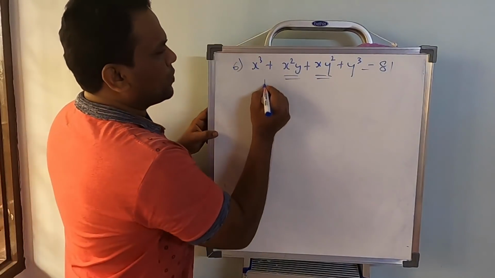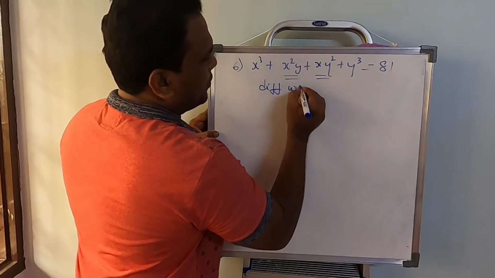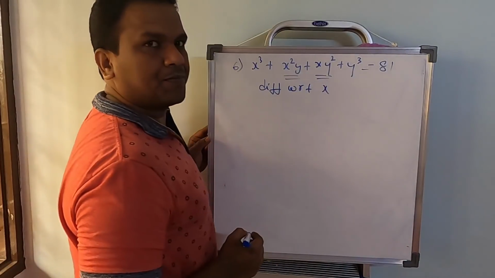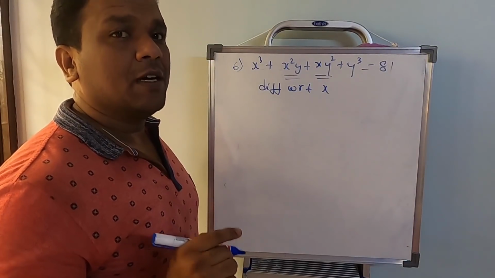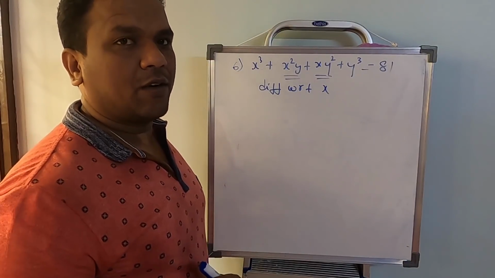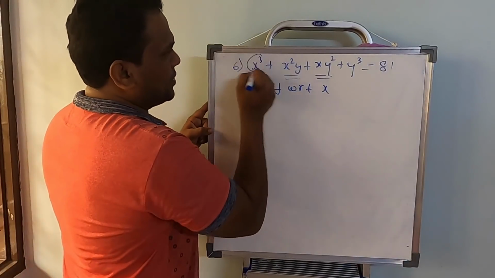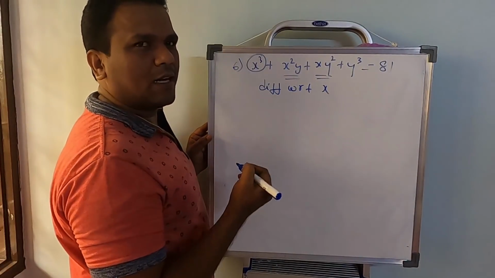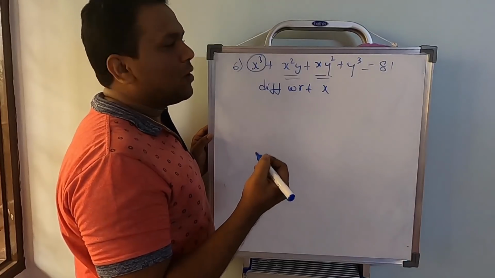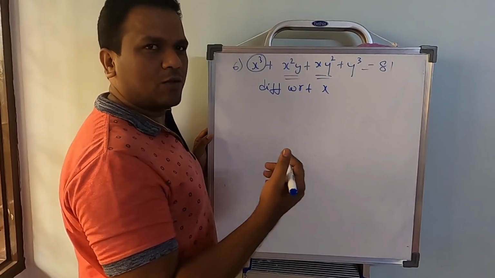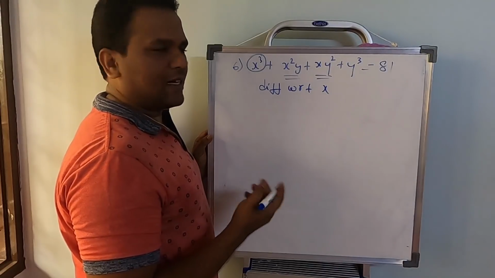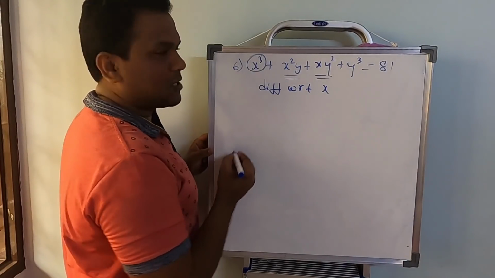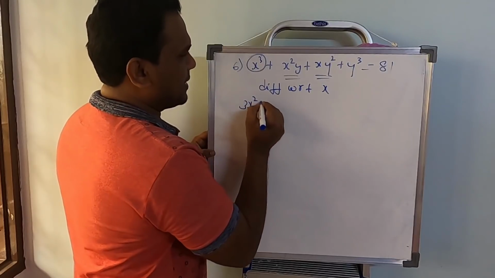Okay. So let's write differentiate with respect to x. So remember, whatever the function they will give you, we will differentiate with respect to x, because finally we need to find the value of dy by dx. So differentiation of x cube, let me write directly now. Once you do a few problems, once you learn the basics properly, you can skip ahead and write the things directly. Differentiation of x cube with respect to x will be 3x square.